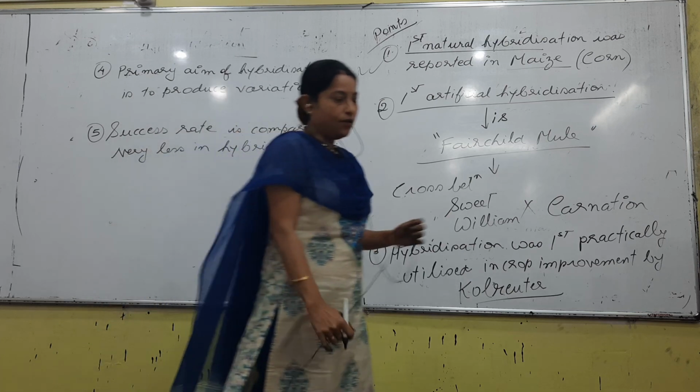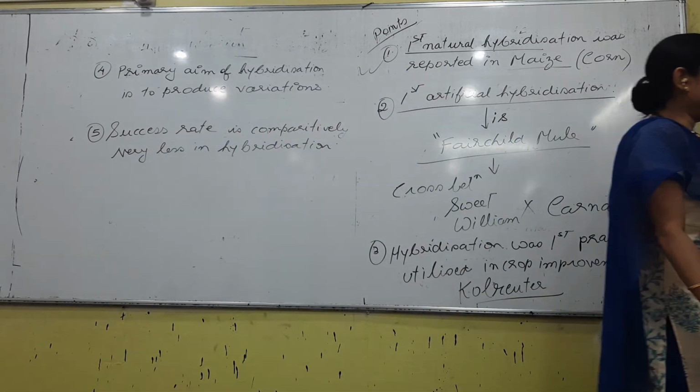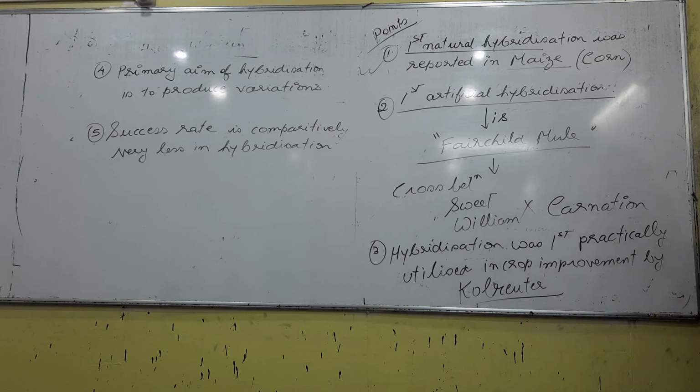Okay. Now the points of hybridization. What is important is just the first point. That is where the question comes from, the rest no questions have come. Hybridization, what is it? It is a cross. Hybridization can be artificial or natural. Both types of hybridization are seen, right? Natural hybridization and artificial.